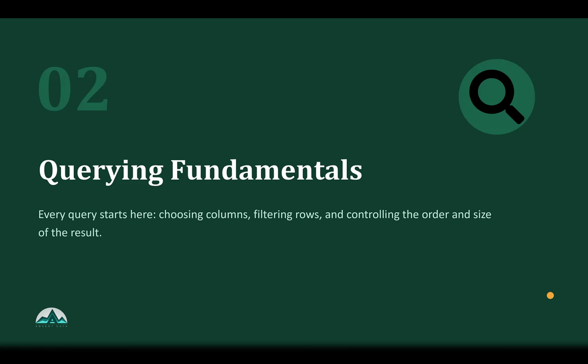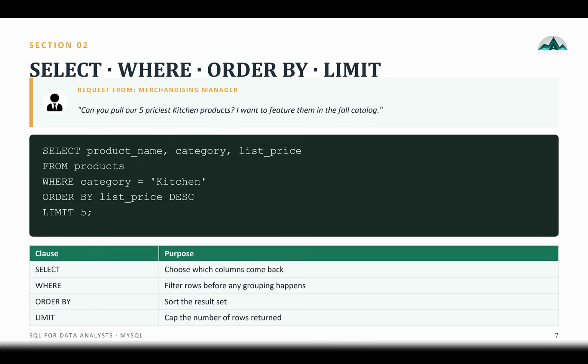As it states, every query starts with choosing a column, filtering rows, and controlling the order and size of the result. So here's something we've already achieved. Here's the business question that you might get from your merchandising manager, where you would use different